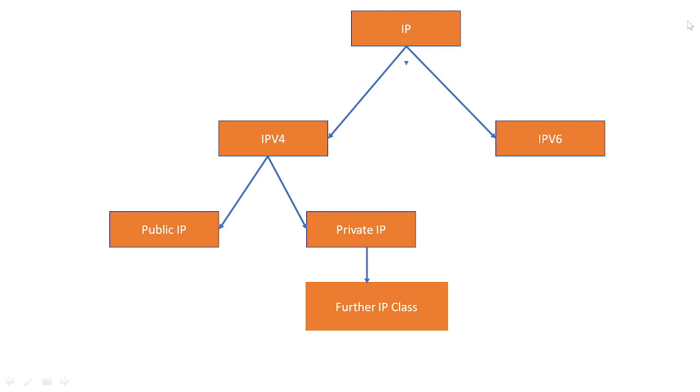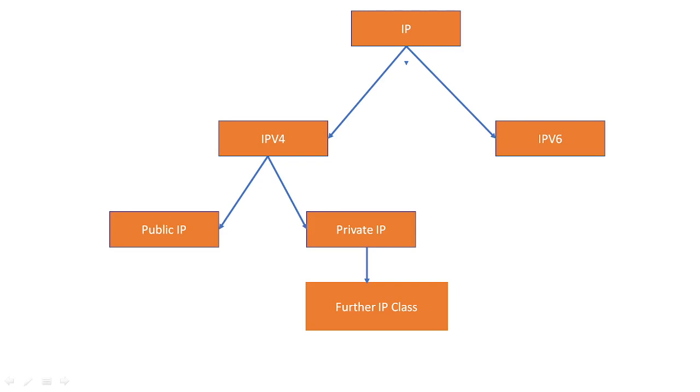Imagine you have a company, and that company has 10,000 employees. If you want to pay for each and every employee, one IP address costs 1,000 rupees. 10,000 into 1,000 per month is a huge investment. And moreover, if you use public IPs, all these 10,000 computers are available on the internet. What if any hacker injects a virus, or some other hacker hacks and asks for a ransom? So that is why we use private IP addresses only in the office, just to